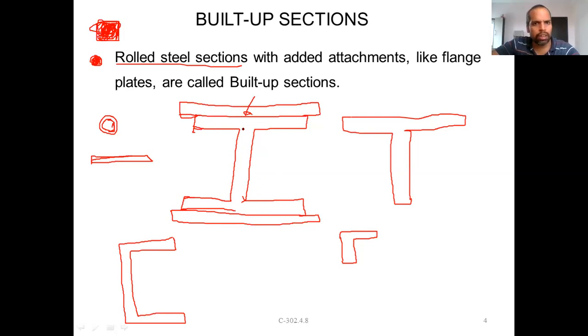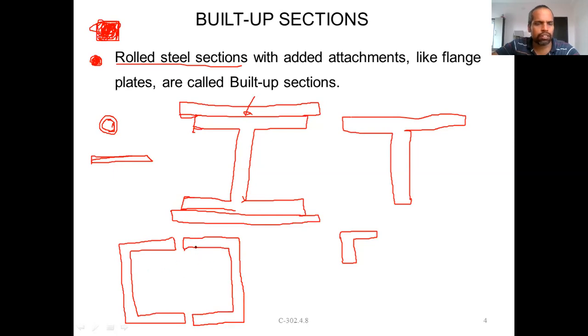That addition may be only on one side or it may be on both sides, depending again on design requirements. So like that we will add some additional plates. Even T sections also get some plates if required. If channel sections are there, generally a single channel is used. Otherwise, if the load is not sufficient, we add one more channel like this, to form a box.